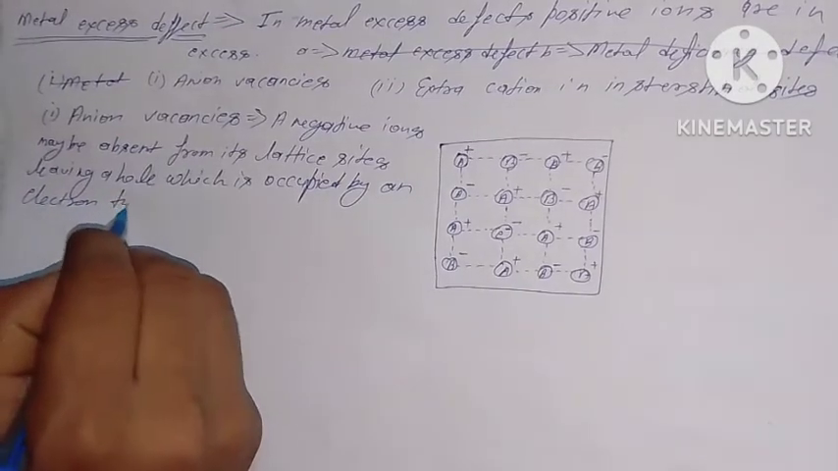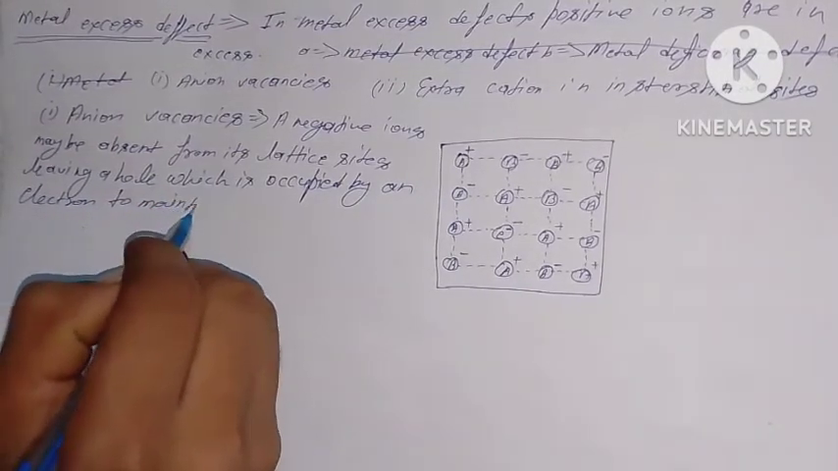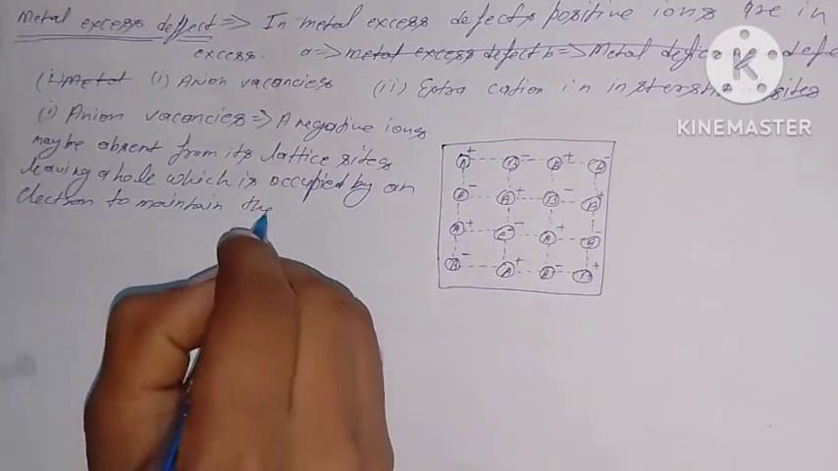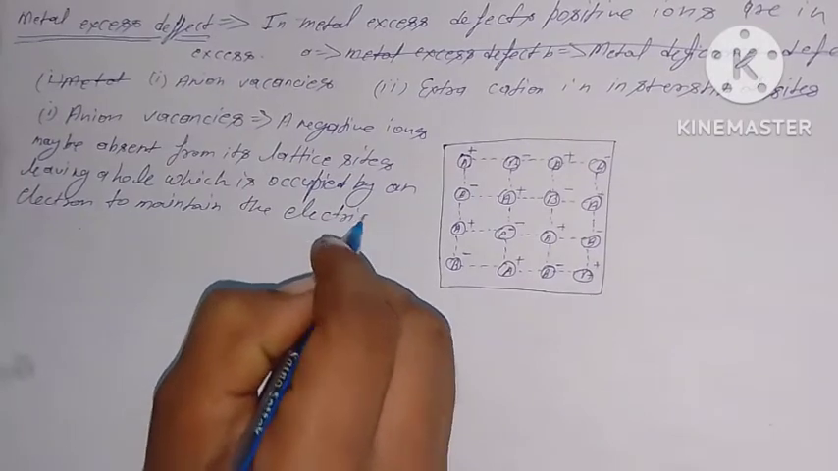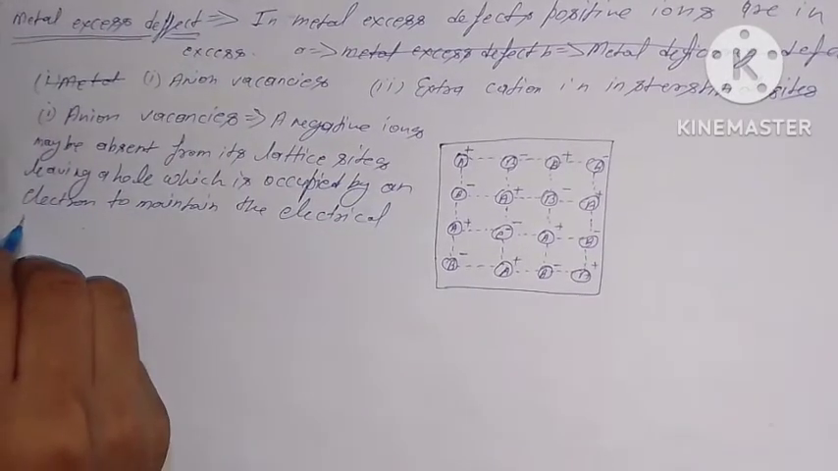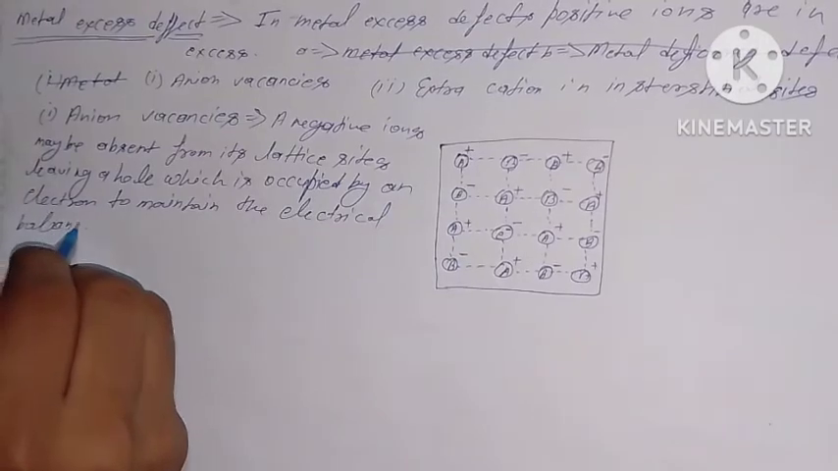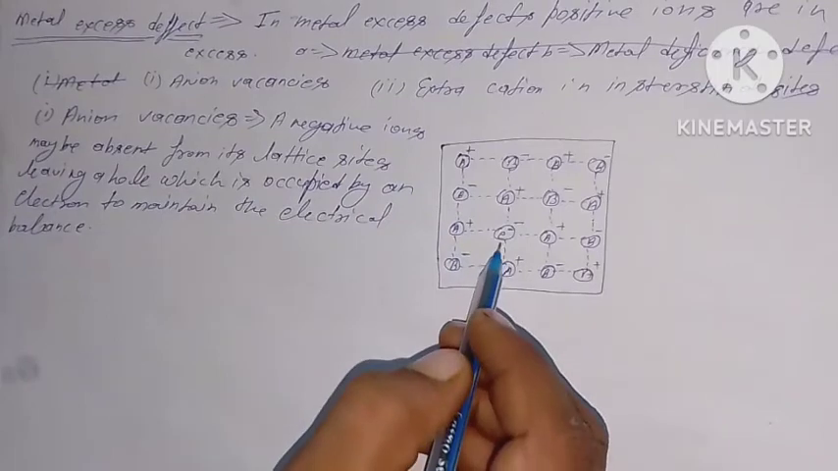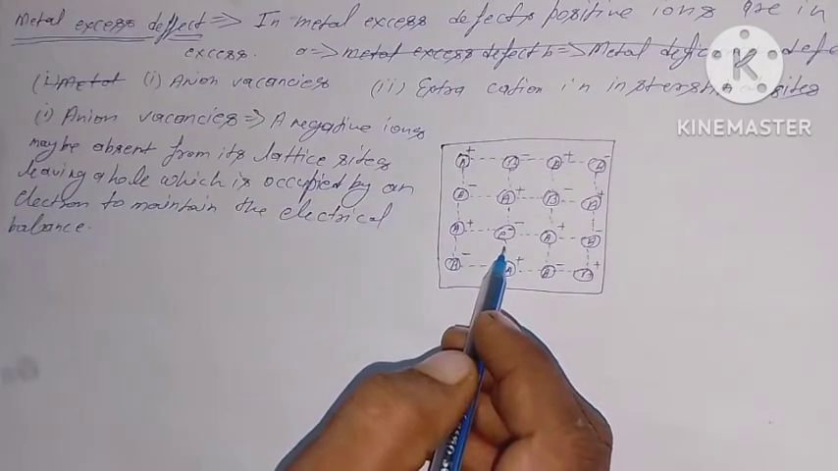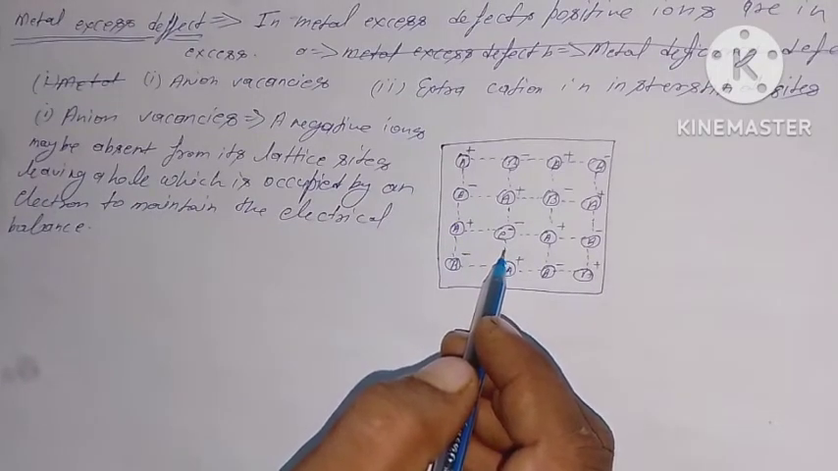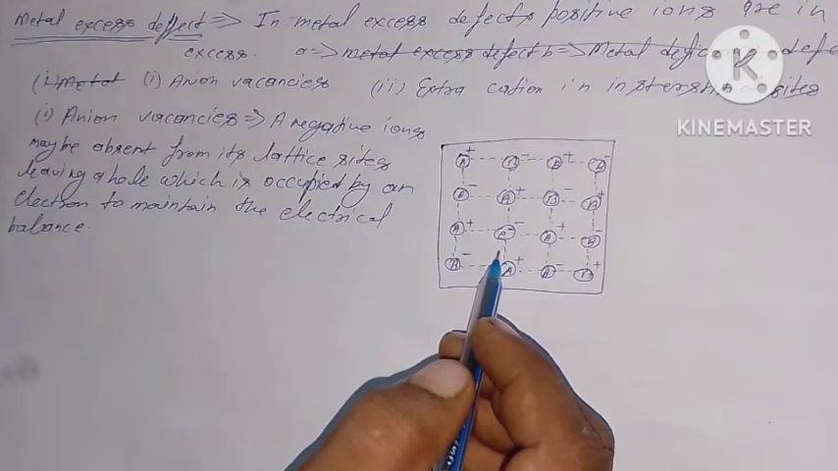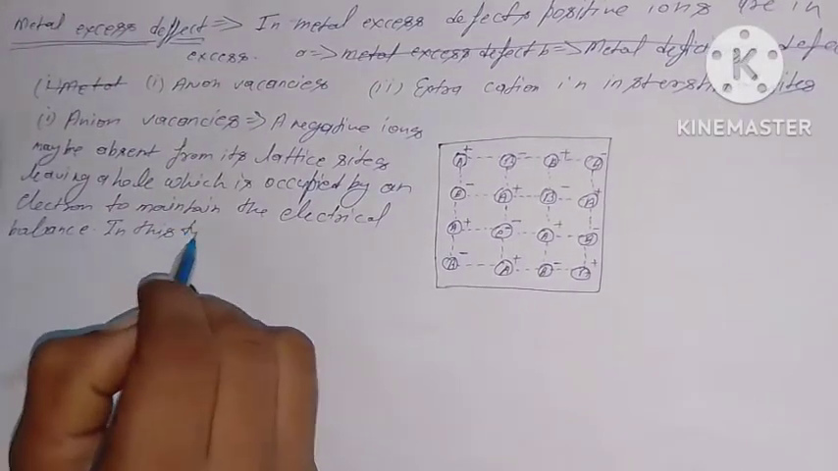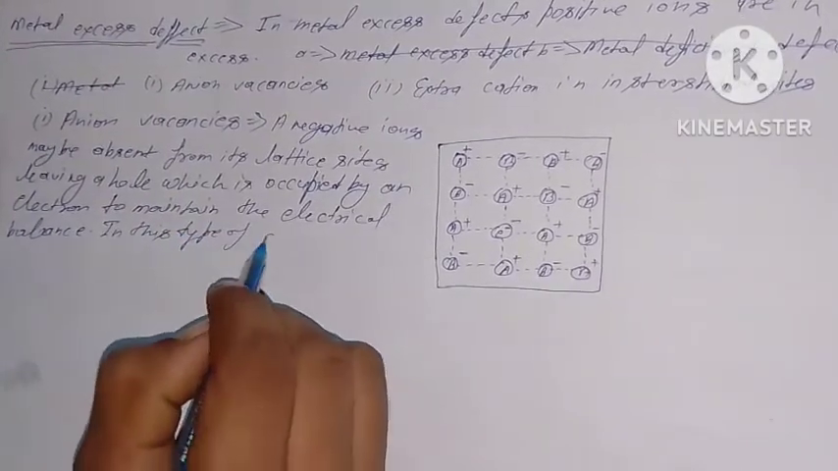To maintain the electrical balance. This is shown in this figure. You can see this is the electron. And in this type of crystal defect,